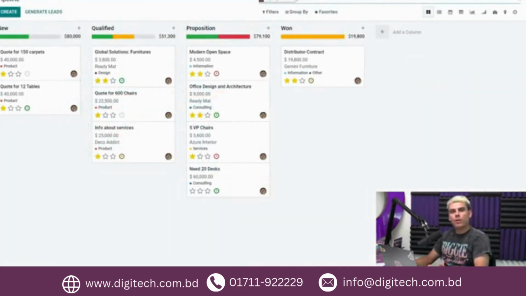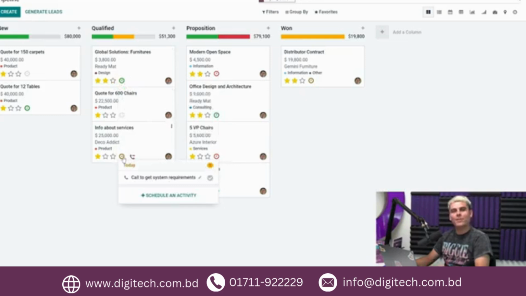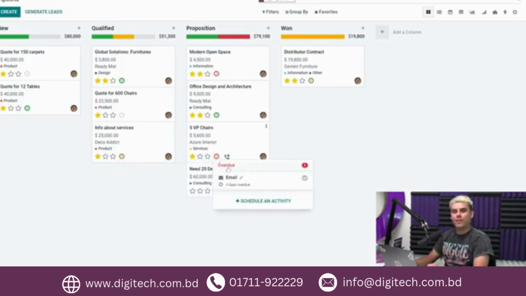So here we are on our CRM dashboard. Now, we'll start here with the entire Stealthywood pipeline. You'll notice that each opportunity has a tiny clock icon. If the clock is gray, that means there are currently no activities scheduled for this opportunity. If the clock is green, it means there are activities scheduled for the future. Yellow in this case means the activities should be completed before the end of the day. And then finally, a red color represents an activity that is past its due date,